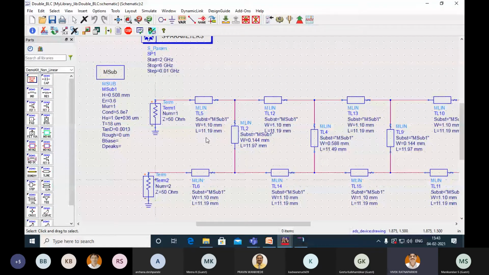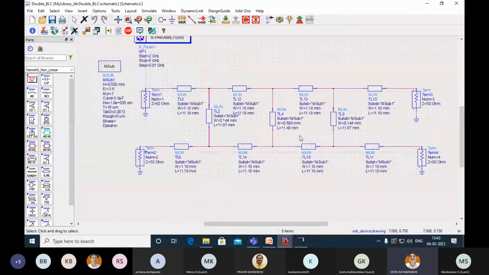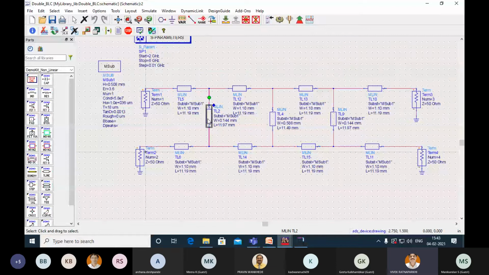This is 120.7, so 0.144 and 11.97. This is also 0.144, so copy and paste it to this side. And the rest of the lines, excluding this one, which is 70.7, it is 0.588 and 11.49. Rest of all lines are of 50 ohms.